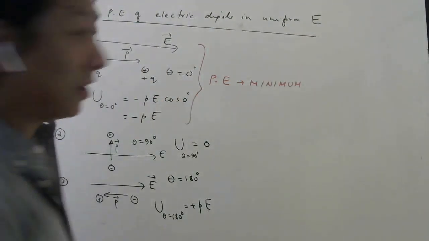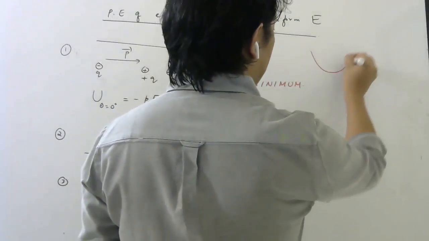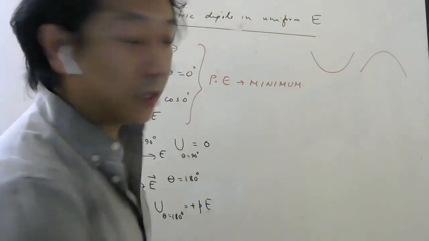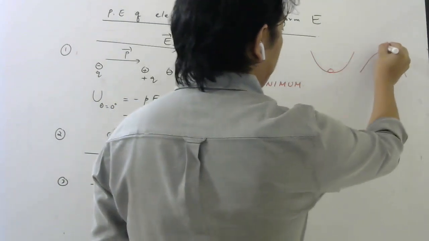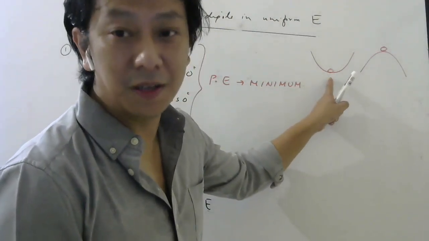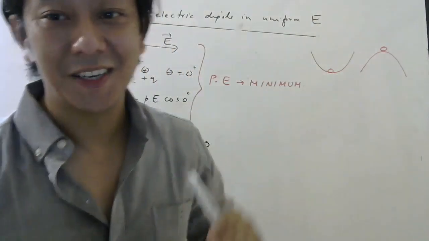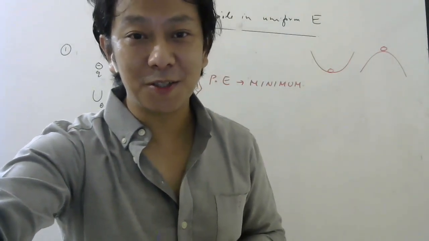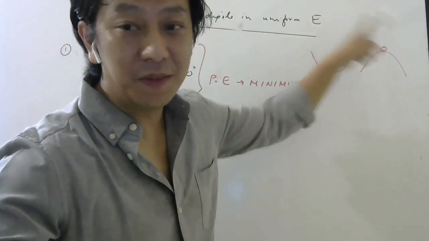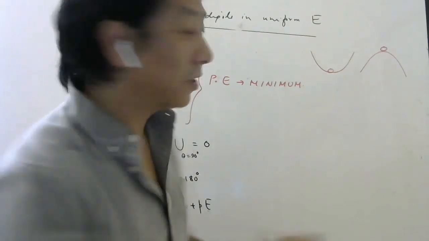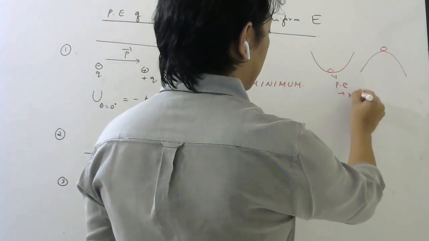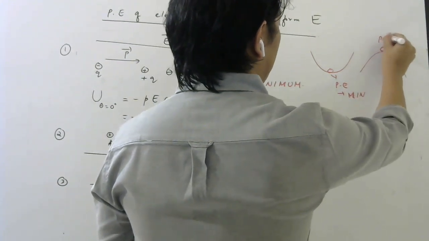It is like saying, suppose you have a surface like this and a surface like this. If I keep a marble here and I keep a marble here, where is the potential energy minimum? Here it is minimum, no? This is gravitational potential energy. Gravitational potential energy depends on height. So this has less height than this height, right? In this problem, this is the minimum height, this is the maximum height. So here potential energy is minimum. Here potential energy is maximum.